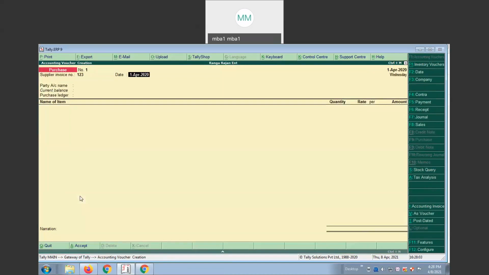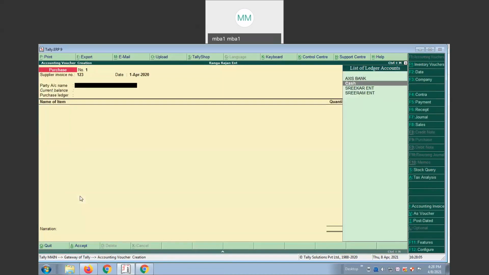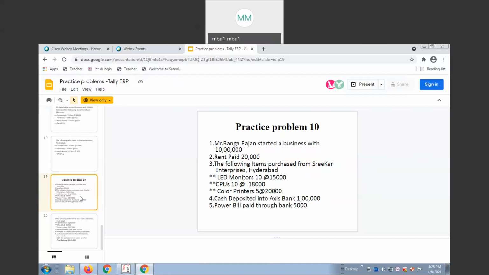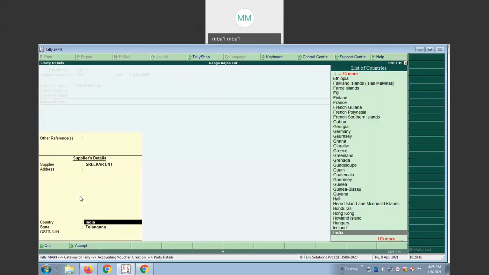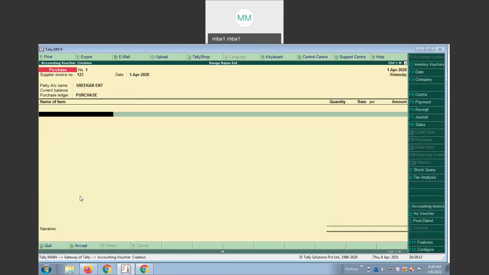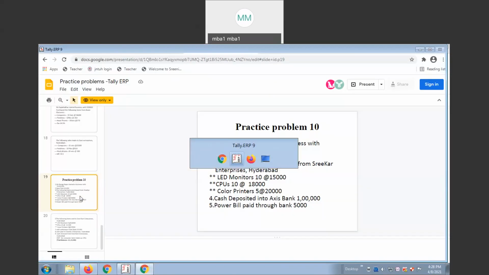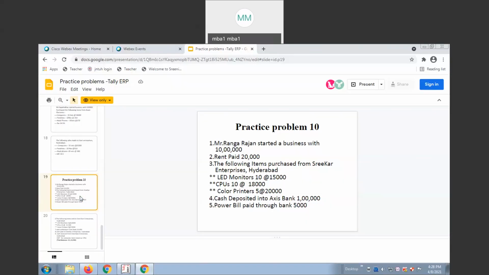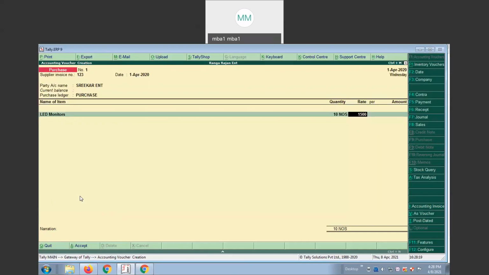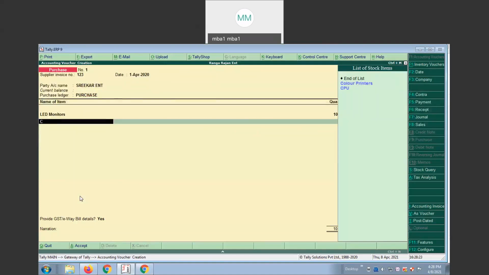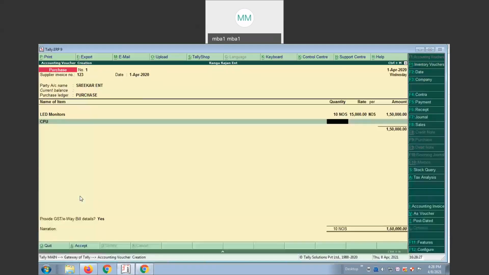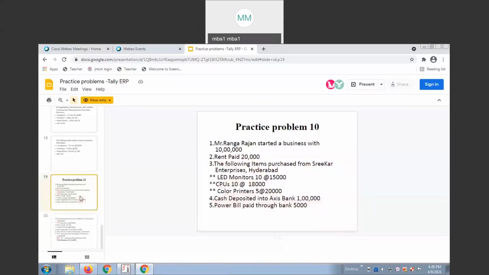Purchases 1, 2, 3. Srikar Enterprise, because purchased from Srikar Enterprise, right? Purchase. First we purchased LED monitors. How many LED monitors? 10, each 15,000. CPUs. How many CPUs purchased? 10, each 18,000.